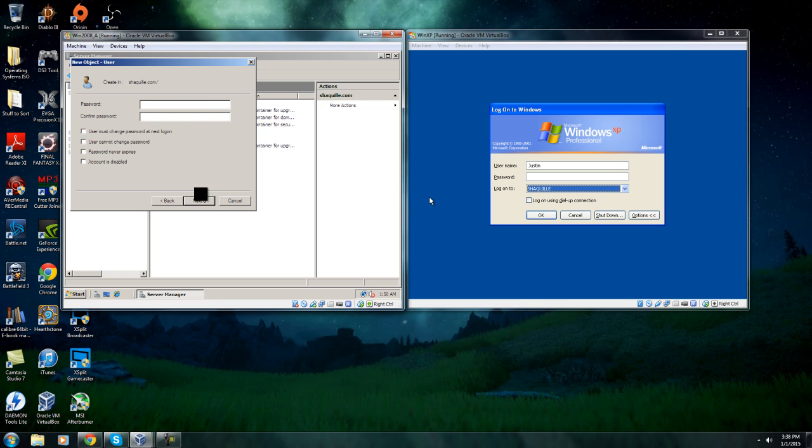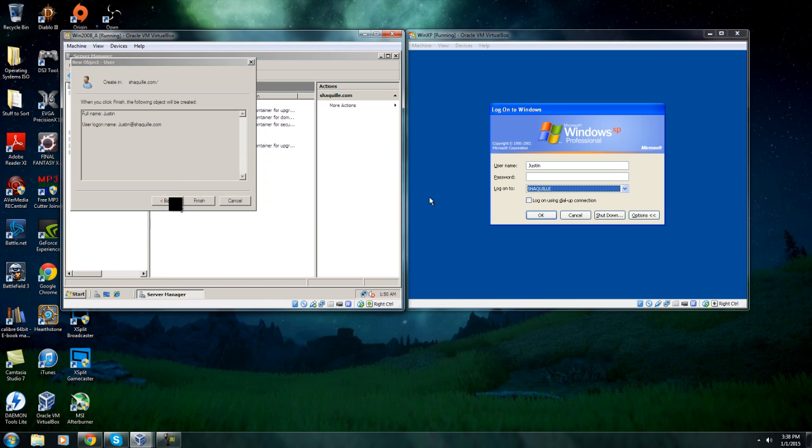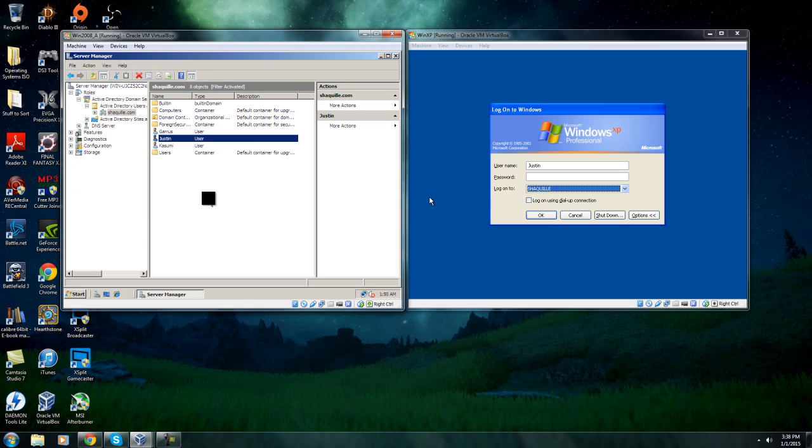We enter in the same password. We made a mistake. Forgot to enter the password, it's moving too hasty. Next and finish. And now we enter any password on the Windows XP machine,